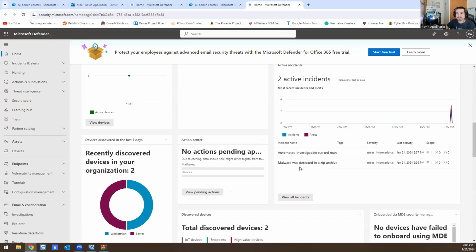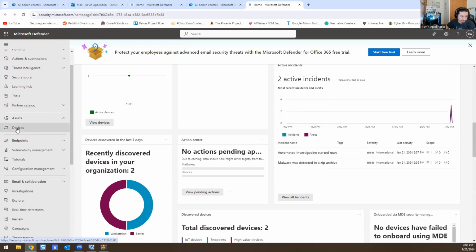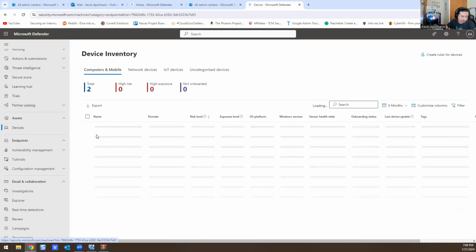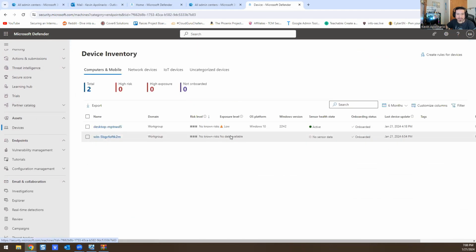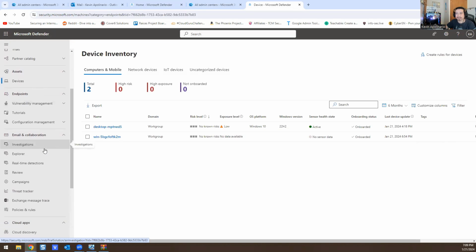But before we do that, I'm going to show you how to install the Microsoft Defender application. If you go to devices, you're going to see there are two devices here. One is called Desktop MTNED5, which is my personal machine. It last checked in at 4:18 because I uninstalled the package software. And this one says no sensor data, and it's onboarded already. It checked in a few minutes ago, at 6:54 p.m., and it's 7:09 p.m. right now, EST. So the way this works is,